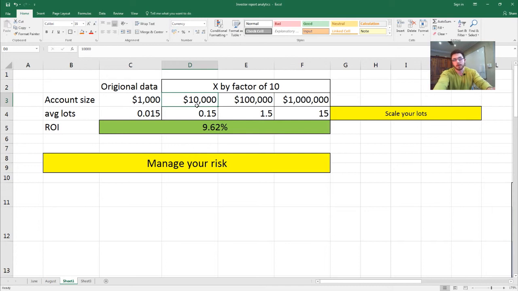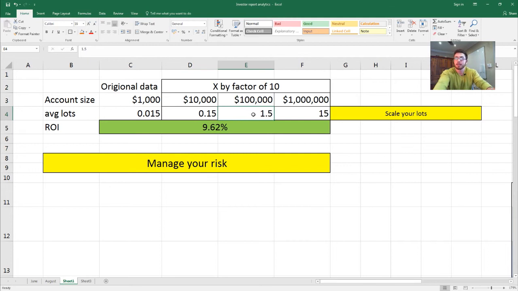You know, for me, I'd only try and expect anything between 3 maybe to 5%. And on top of that, I don't usually withdraw my profits. I leave it in the account so it can compound properly. And let's say on a $100,000 account, we would be trading a lot size of 1.5, which is $15 per pip. So at a lot size of 1.5, if we had a $100,000 account, 9.62%, we would have made